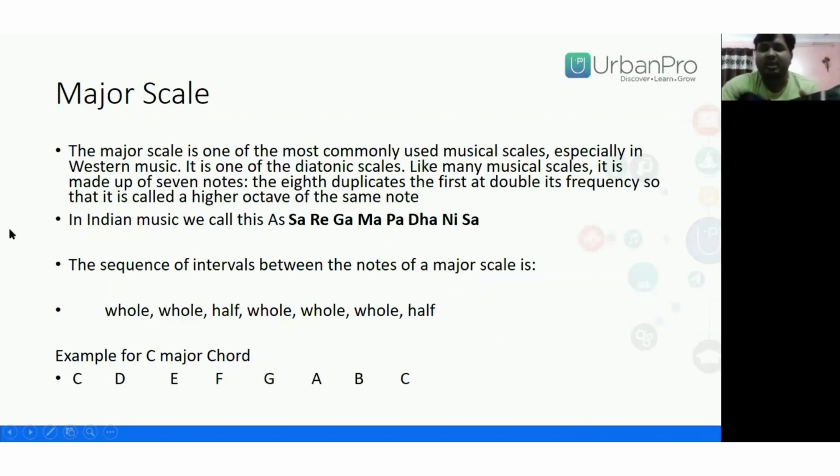Generally, there are two types of scales, major and minor. And generally scales are actually derived to explain the feelings or the message that you want to give. If you want to give any positive message, you can select the major scale. That is very positive. You must have seen in most of the cartoons this kind of very positive music has been used, and this is because they are selecting the major scale.